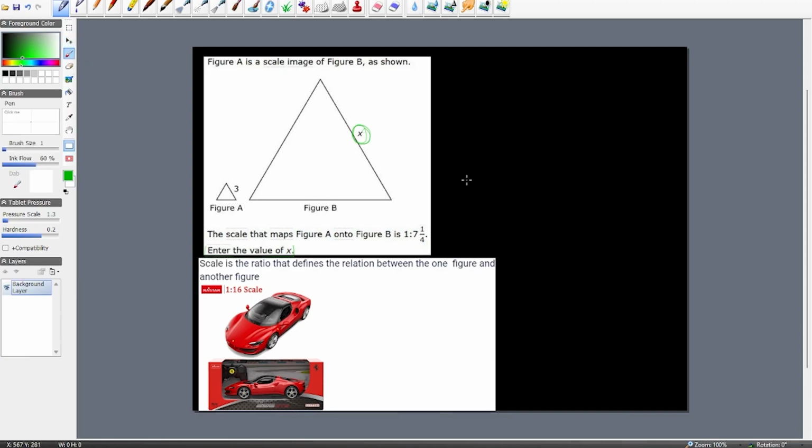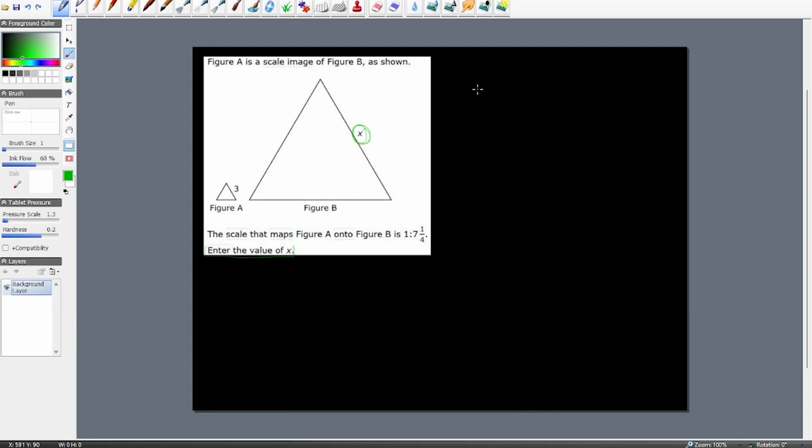And now let's jump in and solve this problem. Again, we're asked to find this value of x, and they give us this corresponding side, which is 3 on figure A, and they tell us the relationship between figure A and figure B is a ratio of 1 to 7 1/4. So I'm going to set up that ratio here, and I'm just going to think of this as our unit rate. Very important, as always, to add our labels. So I'm going to say 1 unit of figure A